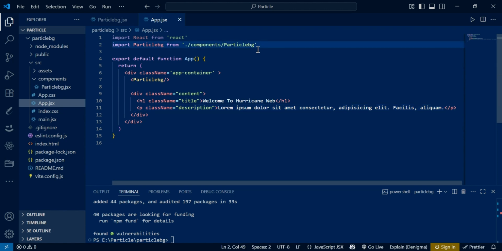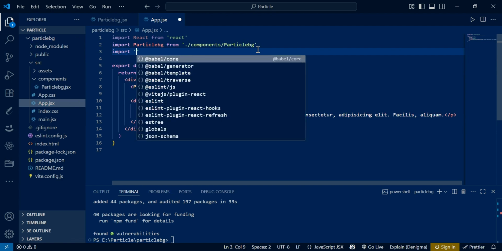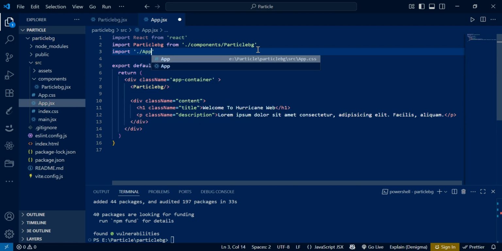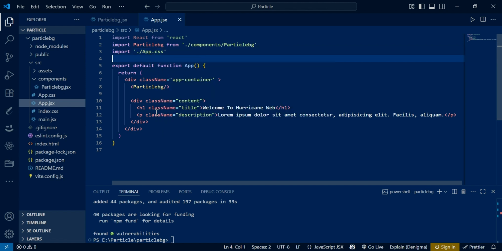We also will import our app.css, so we need to type import ./app.css, save it, and then let's go